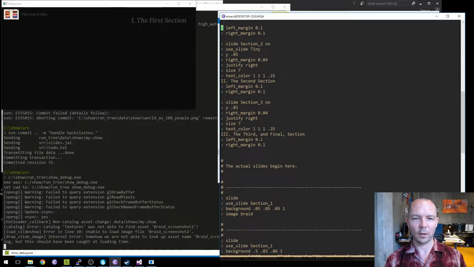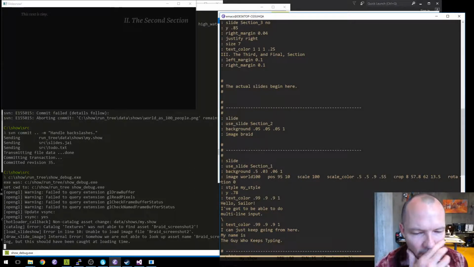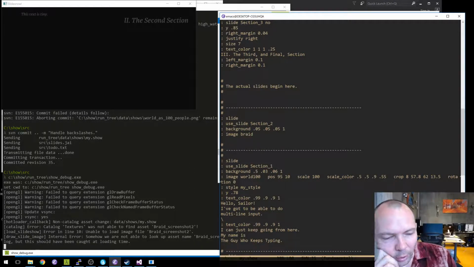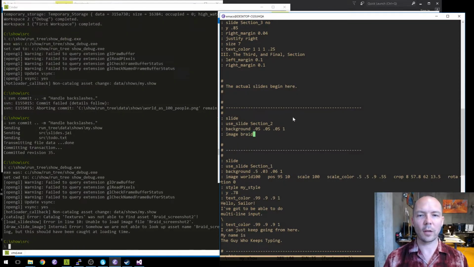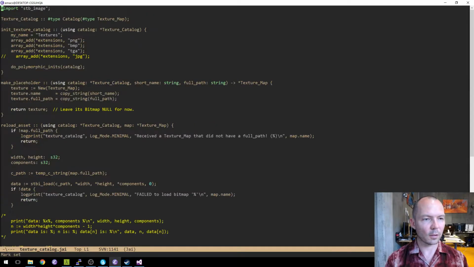All right, so let's do section 2 since that doesn't have an image. Was not able to find asset grade screenshot 2. Oh, because I don't load JPEGs right now, because I took it out because I thought that might have been the crash problem. Let me go fix that. Yeah, we took out JPEG.